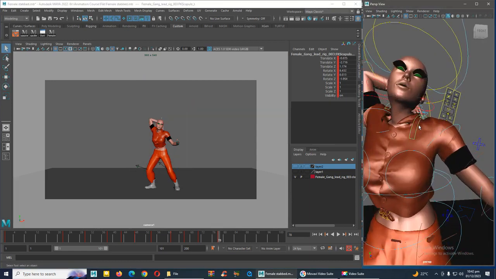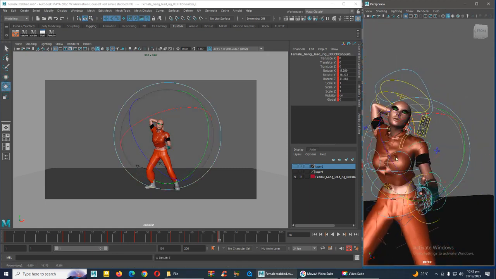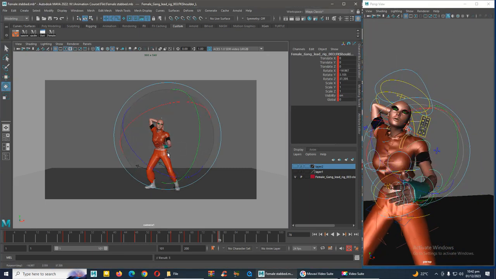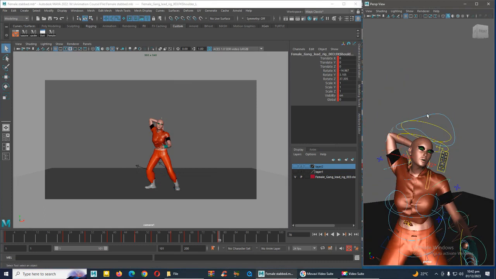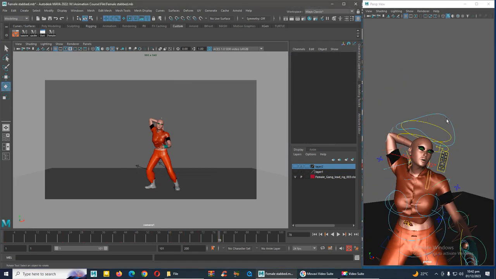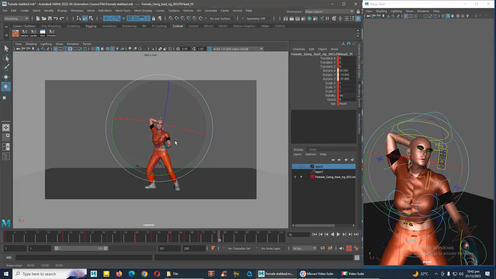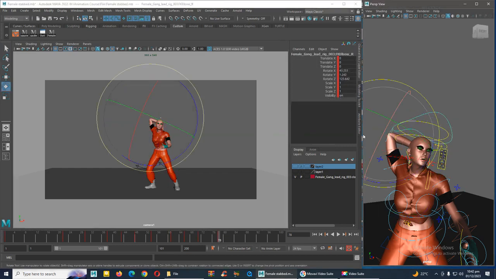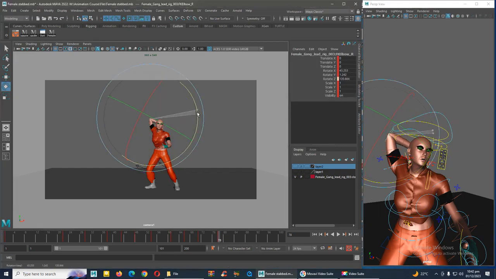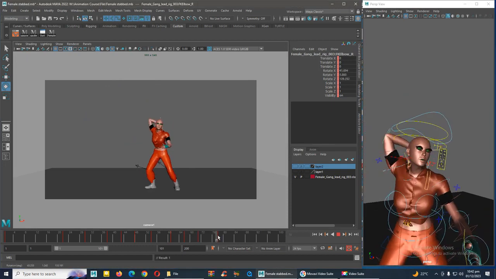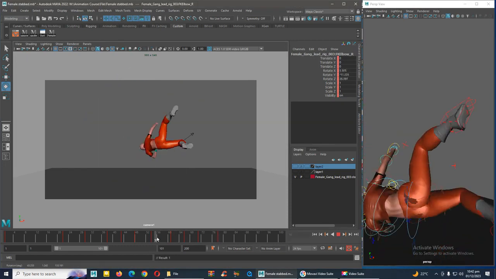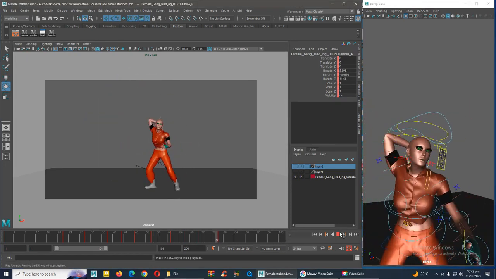Now I'm going to set her arm, her hands like this. I want her to take the stabber knife from her back like this. So she's turning, then